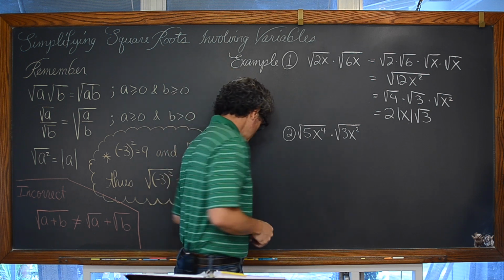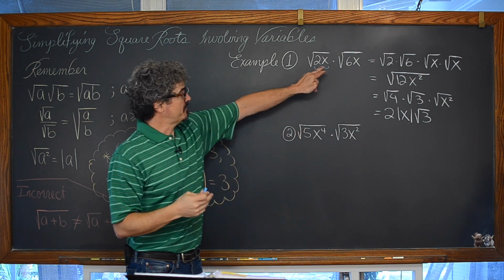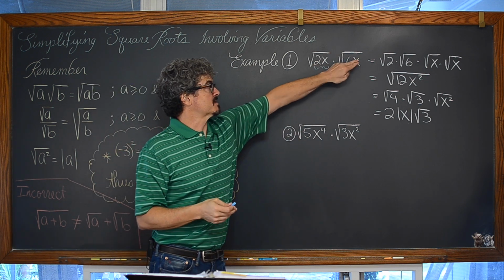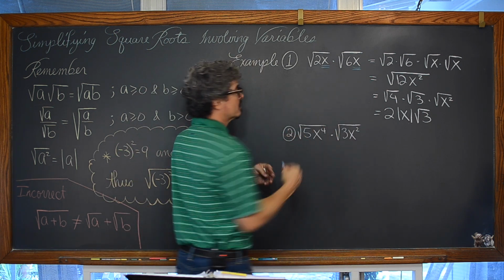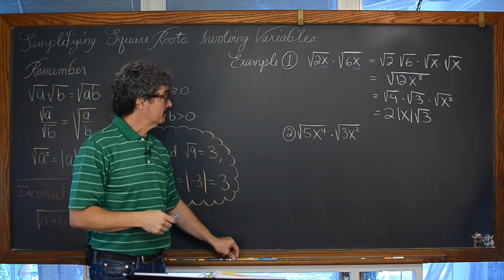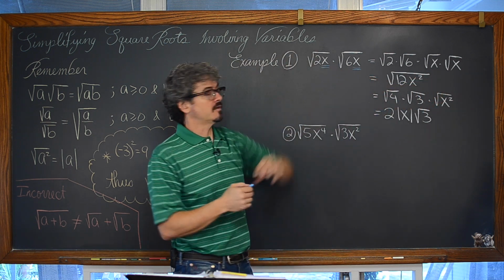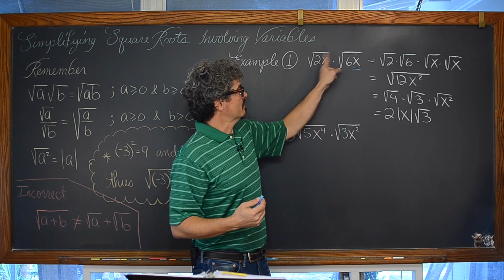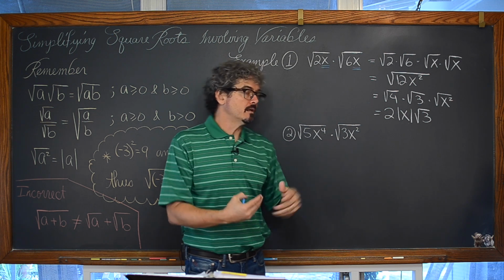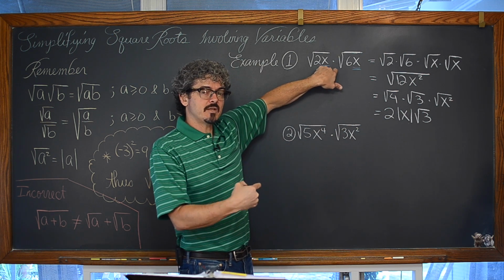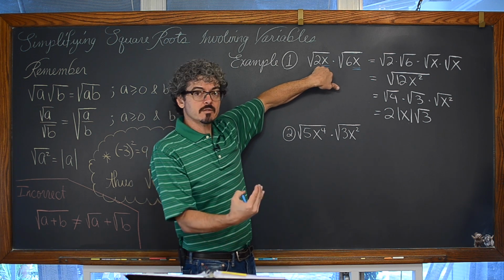You see, when we look at our original problem up here, when we look at the fact that we have an x to an odd power, in this case just x, in each of these original square roots that are given to us in our problem, we can see more clearly that we're taking the square root of x in each of these factors of our one single term. I can't write this unless I'm making the assumption or implying that x in this expression has to be greater than or equal to 0. Otherwise, this isn't even an expression that yields a real solution.